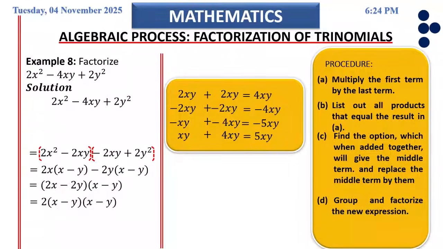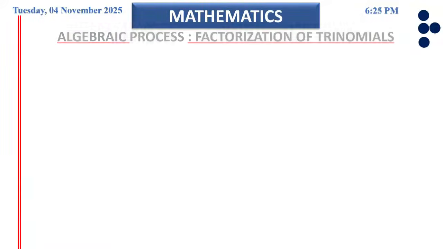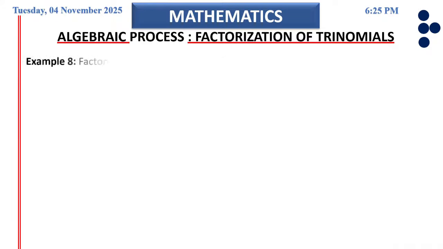All right. So now let's take a look at one last question on factorization of trinomials. If you are asked to factorize this, don't forget what I said. A lot of times, factorization doesn't go straight. At times, it goes straight. So the one that you have been applying, multiplying the first term by the last term too. If you check it very well, in most cases, they have the same power. And for this case,